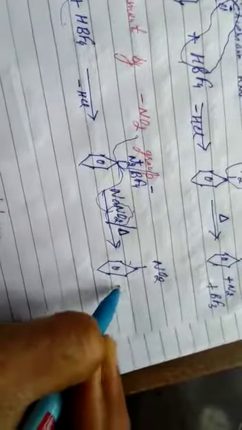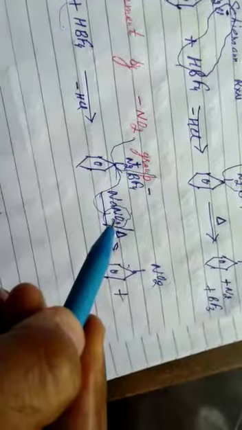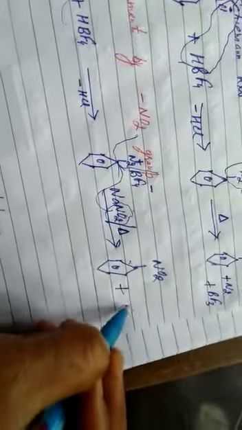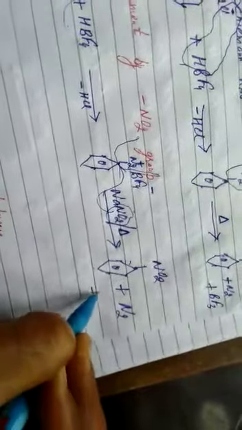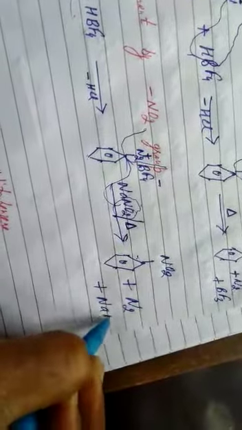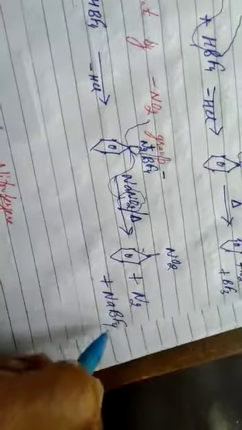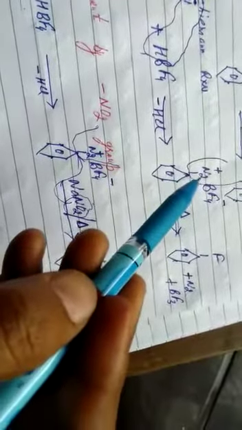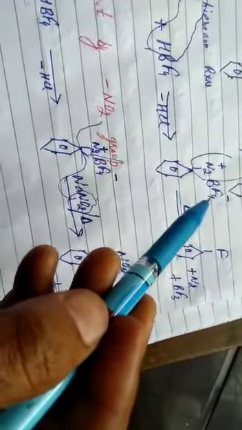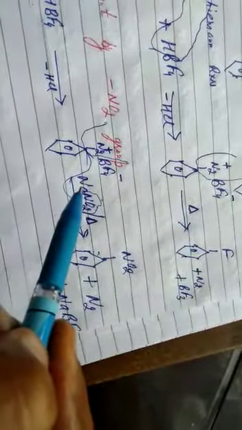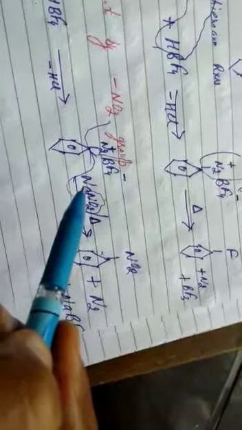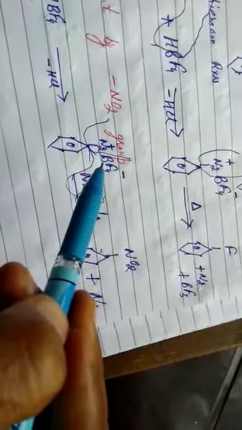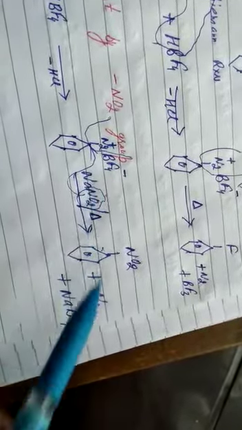Students, all of these are nucleophilic substitution because diazonium ion group is replaced by the negative part of the attacking reagent plus N2 plus, in this case we got sodium fluoroborate NaBF4. But if we simply heat it, it is Balz-Schiemann, we got fluorobenzene plus nitrogen plus boron trifluoride. In this case, the cation part, that is Na positive, gets linked with fluoroborate, leads to the formation of sodium fluoroborate.